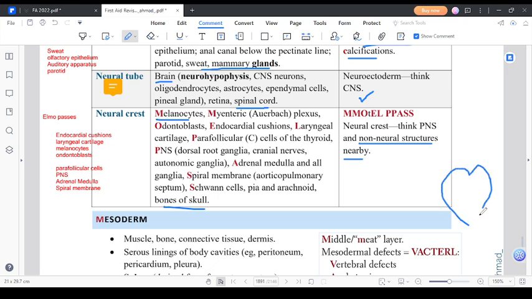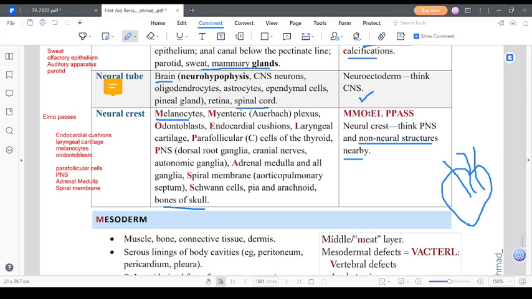I always draw the heart like that, and from it there originates a single artery. A single trunk is originating, and that single trunk is the... conus arteriosus. It's not conus arteriosus. It is the common trunk, the truncus arteriosus. The common trunk that is coming out of it is the truncus arteriosus, and it has a spiral membrane inside it, which causes the division of the truncus arteriosus into the pulmonary artery and the aorta. So if the spiral membrane is defective due to some reason,